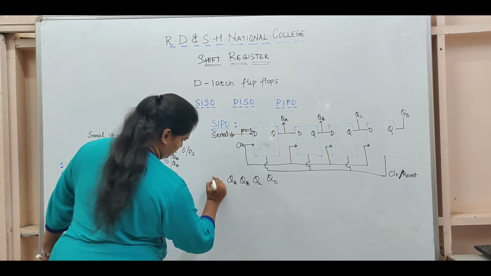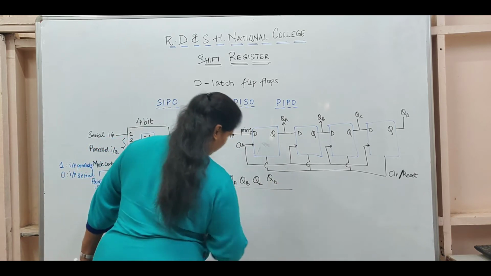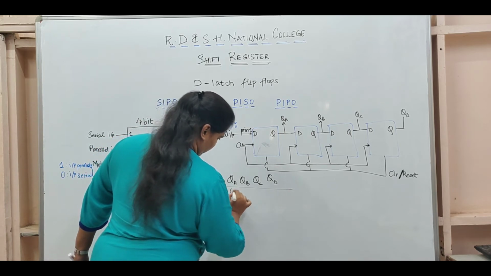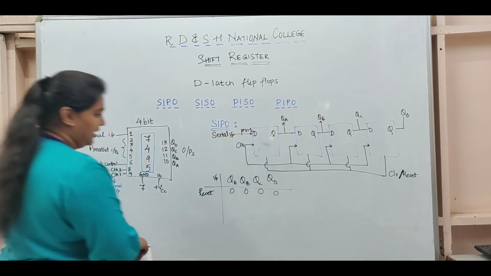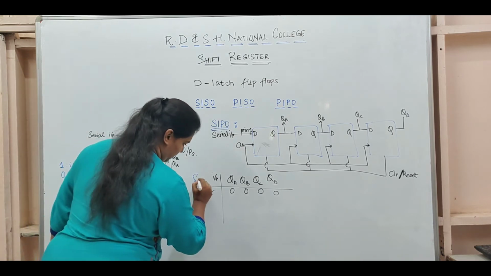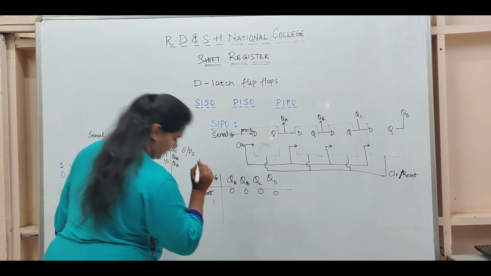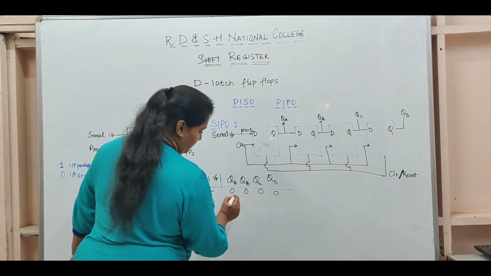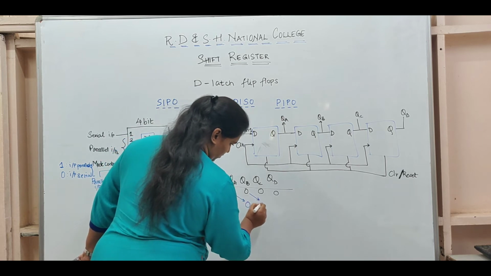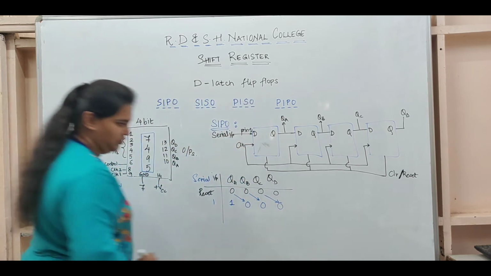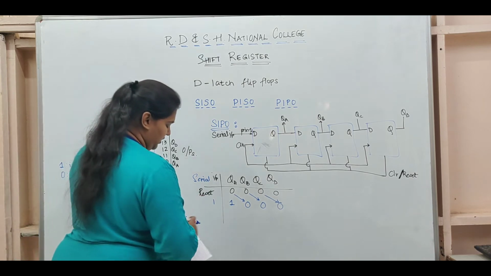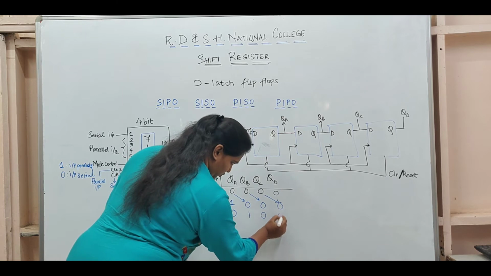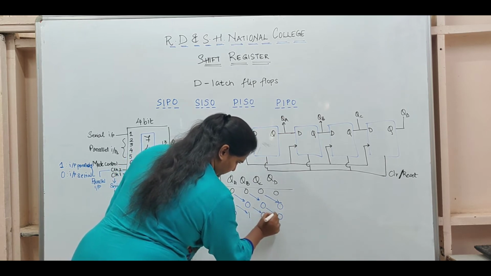What happens is, initially if I have reset the whole thing, my output will look like this: QA, QB, QC, QD, and here say I write my input. Before anything, when I have just reset, I get 0, 0, 0, 0. Now suppose my serial input is 1. At the next clock, what I will get is 1. This 0 transfers here, this 0 transfers here, this 0 transfers here. Then suppose the next value I give is 0. So this will change to 0, 1, 0, 0 because they have all transferred.